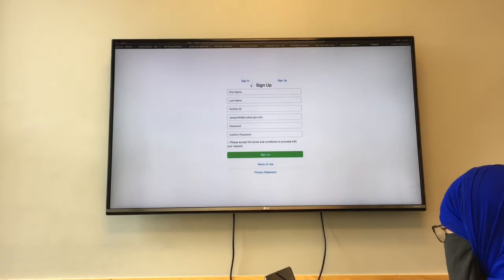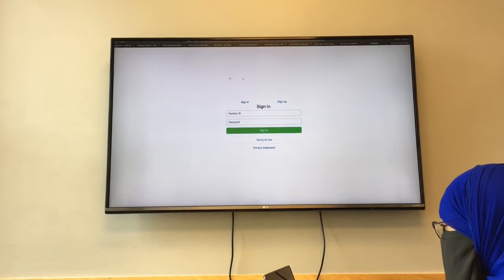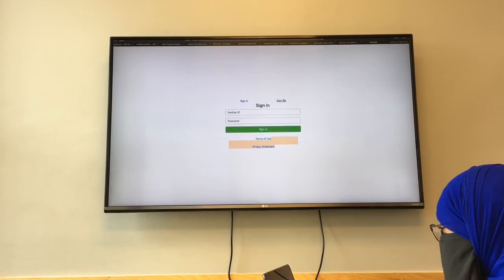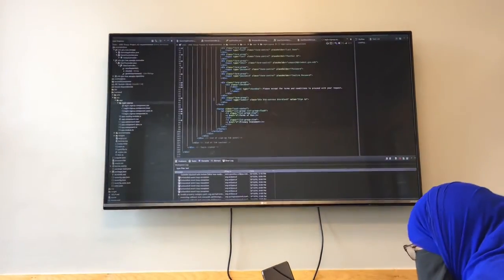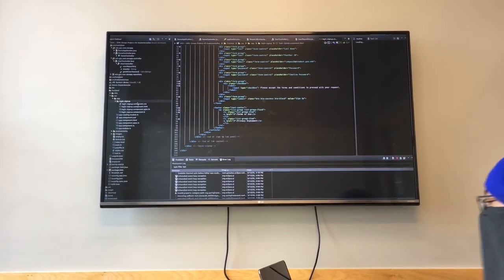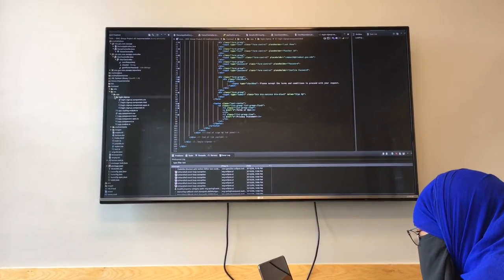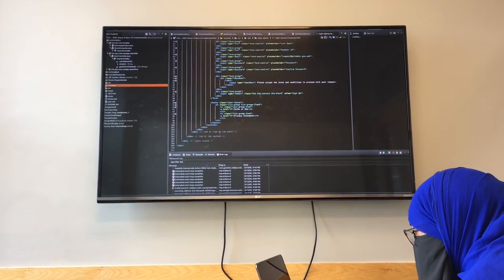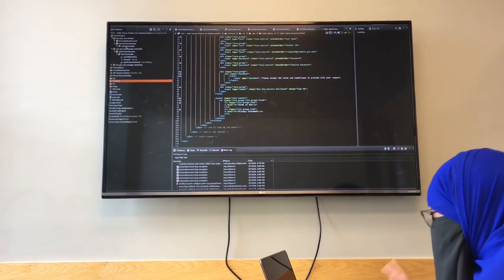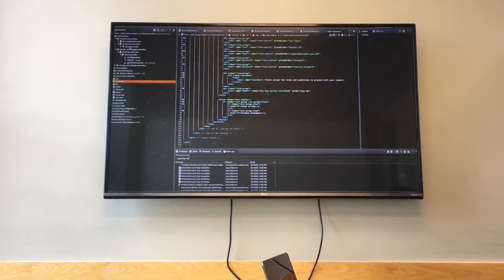We showed you this previously, but here this is all one component where you can sign in, sign up. And so as of right now, there is no functionality for it because we are still trying to figure out how to get this front end connected to this back end. So stay tuned.